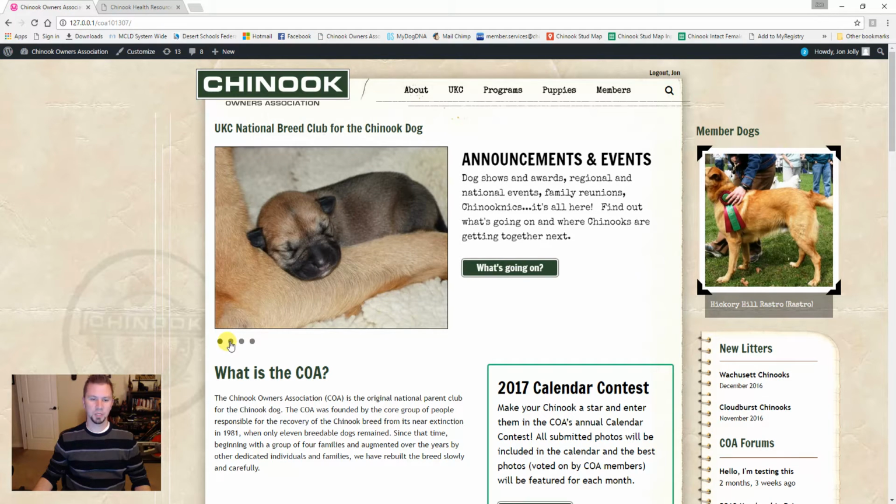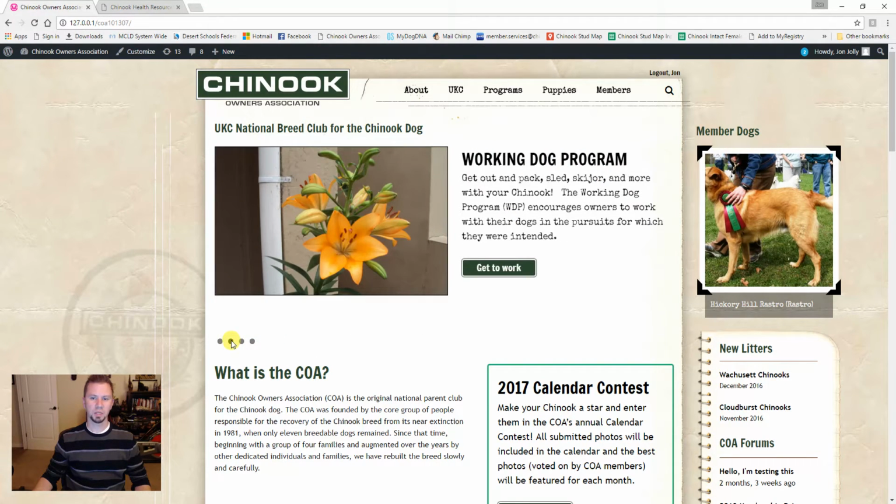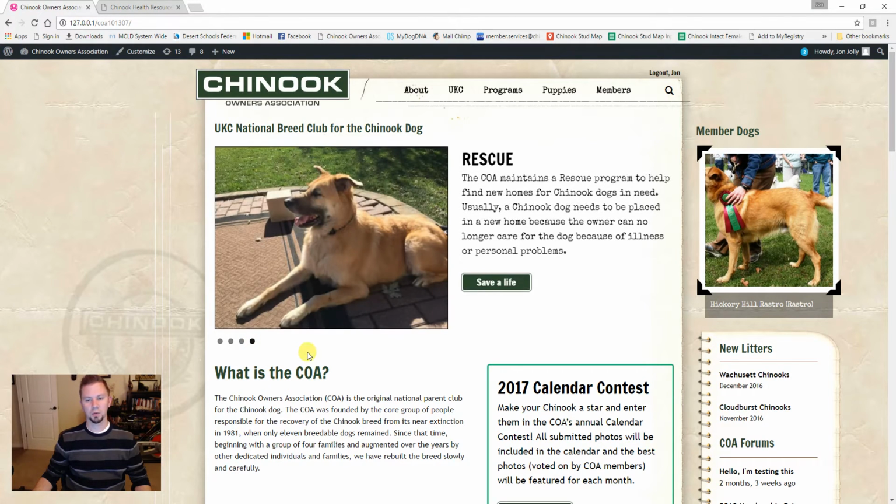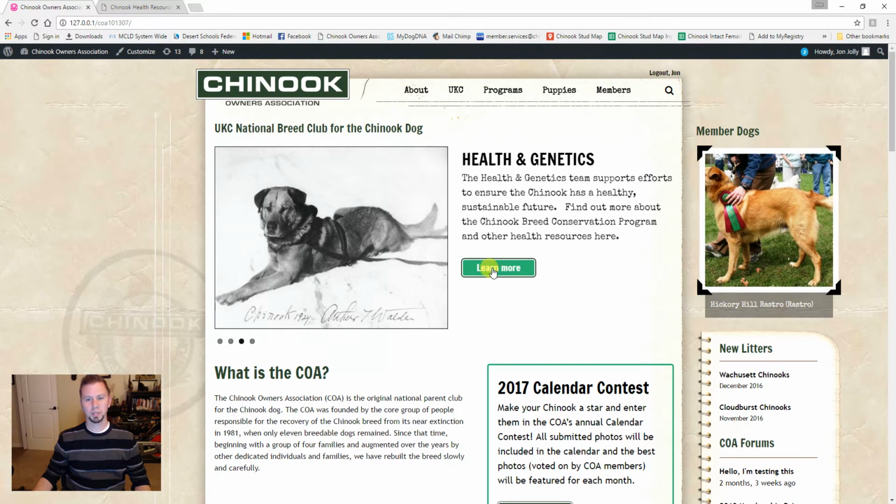We've got announcements and events. There's basically a picture from the most recent post. A picture from that will show up here, and then you have some static text that outlines whatever that particular program or category is. So we have announcements and events, working dog program, health and genetics, and rescue. And then when you click on this button, it's going to take you to that particular program